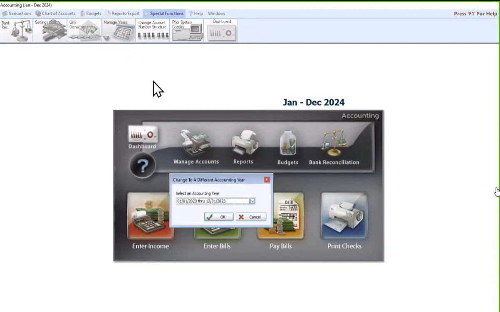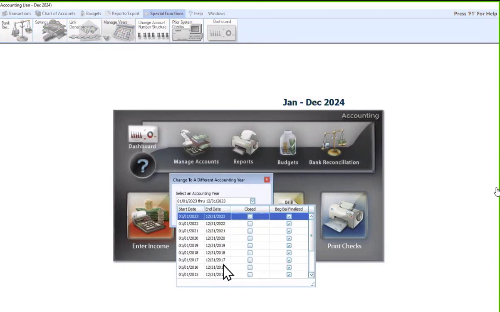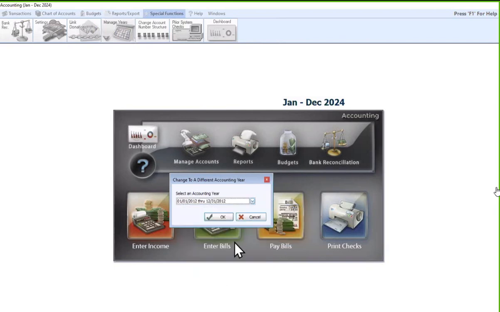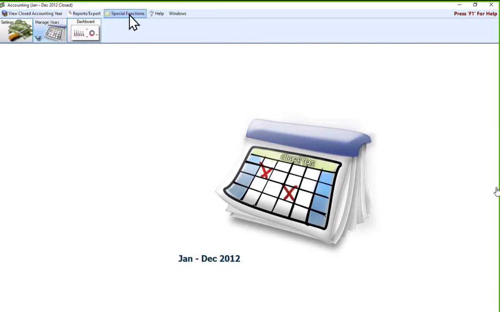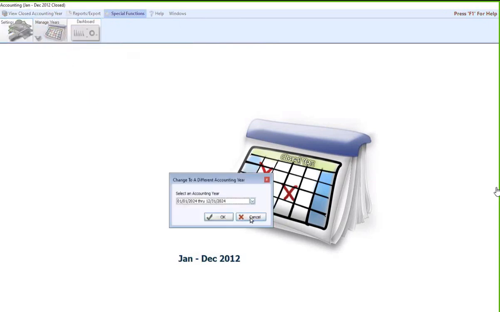So some of you may be asking, all right, well, what do I do if I do that? Well, that's a good question. We're going to come back into 2024 and talk about that. So the easiest answer to this question is, is it a vendor that I still do business with? If it is, then I'm just going to clear that invoice for 2012 on my next